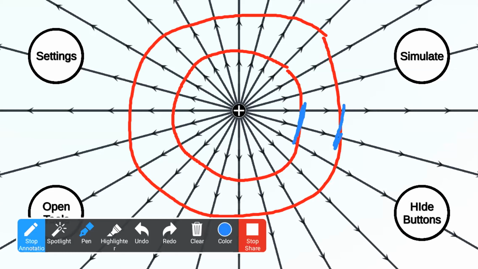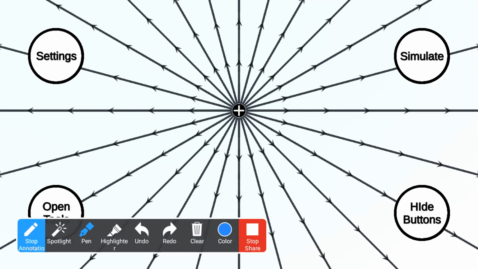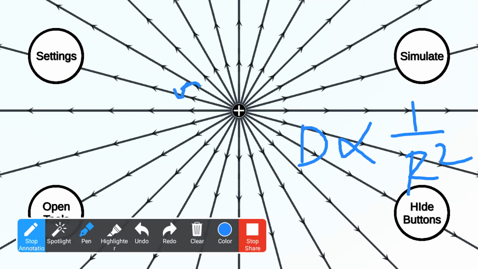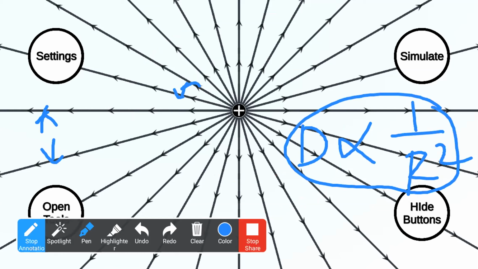It is because what? The circumference increases, or surface area increases. That is the reason. So it's clear, as R increases, definitely the flux density will decrease. That is the idea. Okay, what is the idea? The flux density is inversely proportional to R square. Again, very clearly you can see here the distance is small. As you go away, the distance between the flux lines increases. So definitely what is happening? Flux density will decrease.